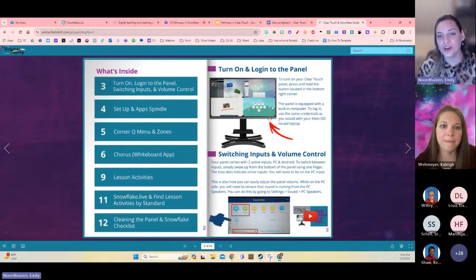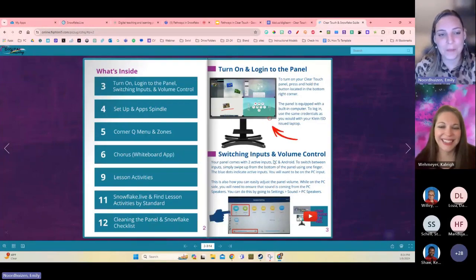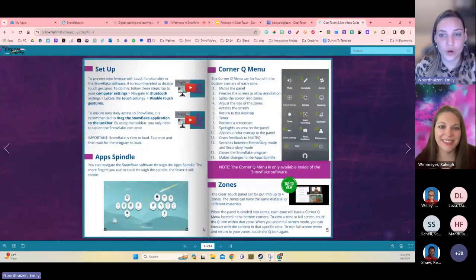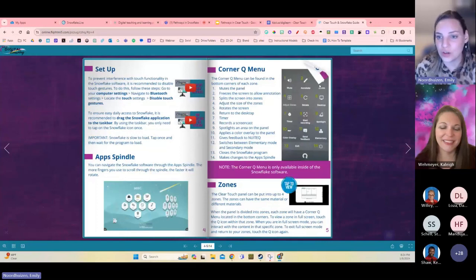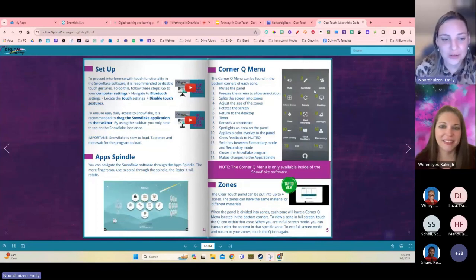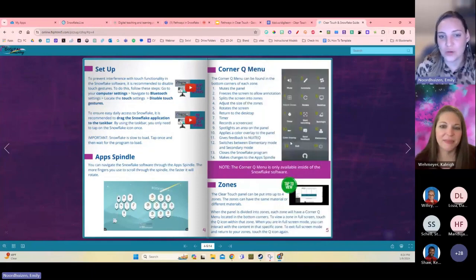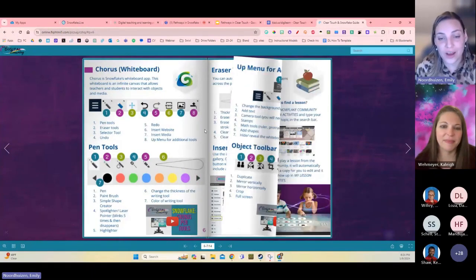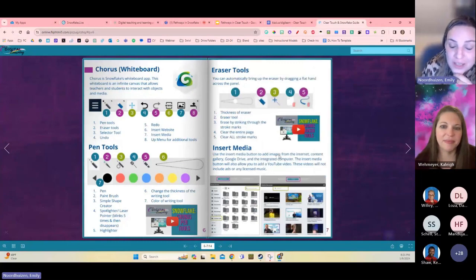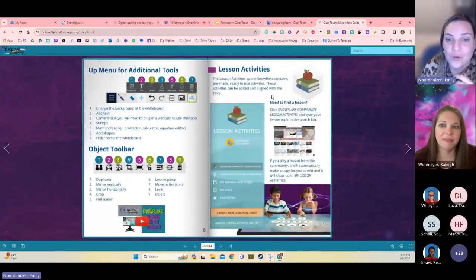So biggest thing, turning on and off the panel, you got to hold down on that button for 3 seconds to turn it off. But switching inputs and then going all the way to the corner cue. So we see the zones are here. I don't want to turn the page. The zones are here, the spindle. More information on the zones, the whiteboard. A lot of people are just using the light whiteboard, which is on the Android side. You actually have a really full version if you go into the Snowflake software. And then of course the lesson